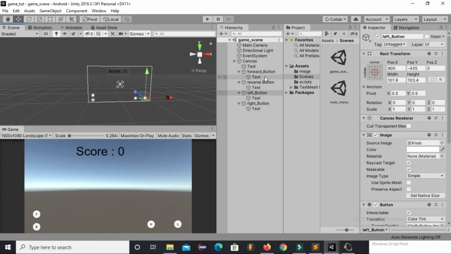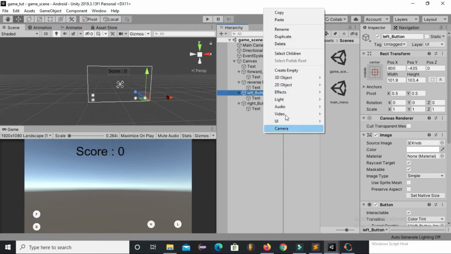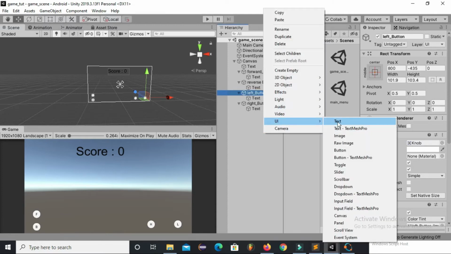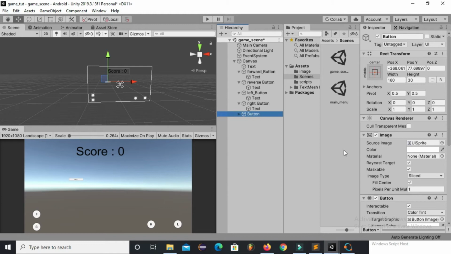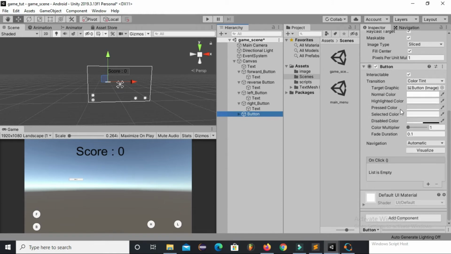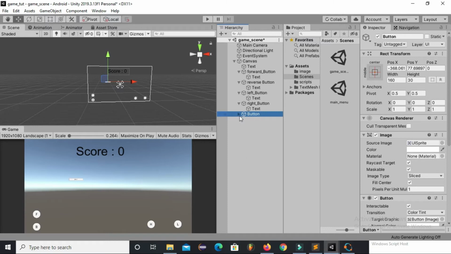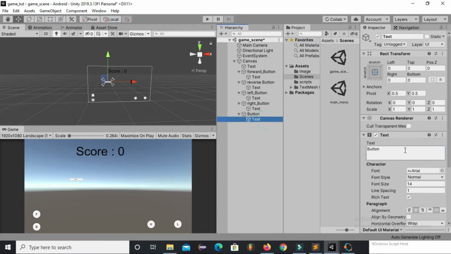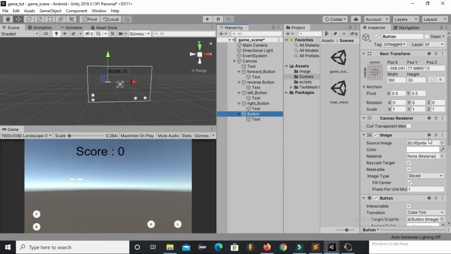Now save this, and now I will create one more button which will be our back button. Whenever we want to go back to our main menu, this button will help us to go to the main menu. So first of all change the text. Now change its size.